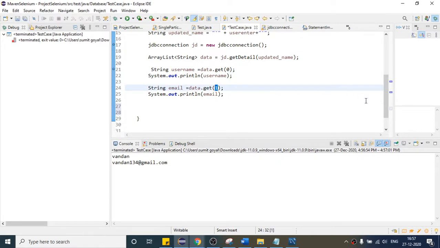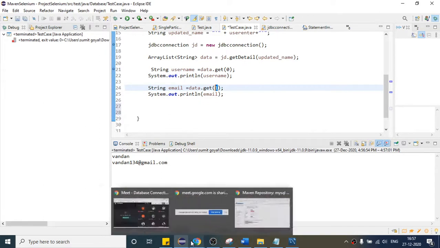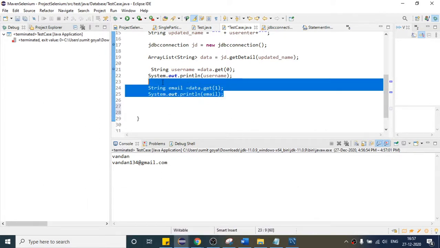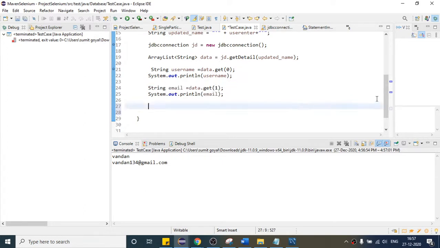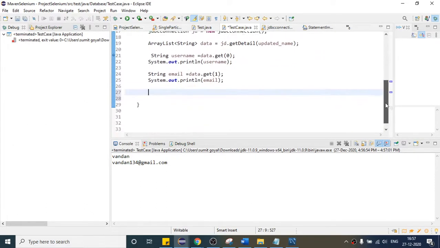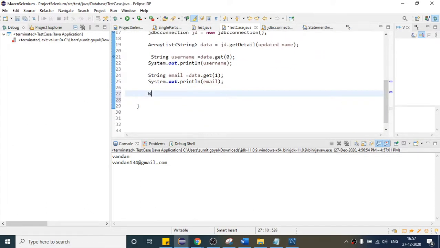So this is basically we are getting all the data, right? And if the client makes any changes in this database, every time we are going to get the updated value. So this is how we can connect our test case with database, right? Suppose if I want to execute one line, like suppose if I say WebDriver